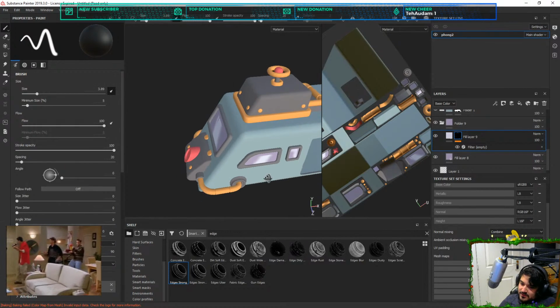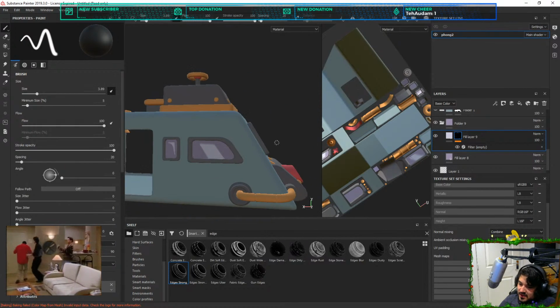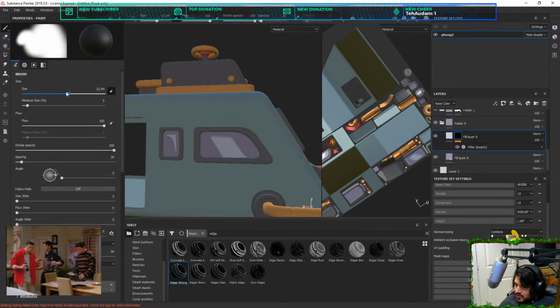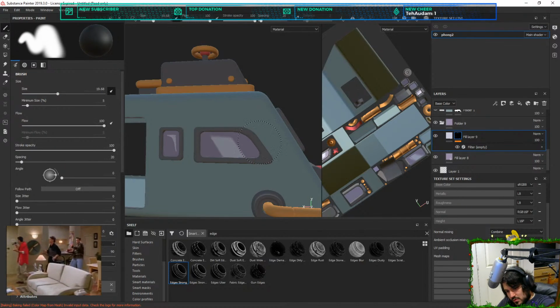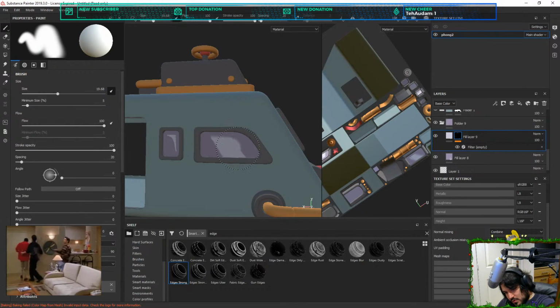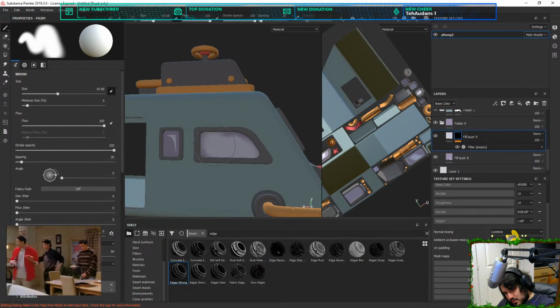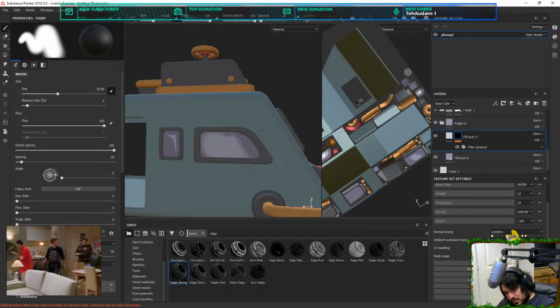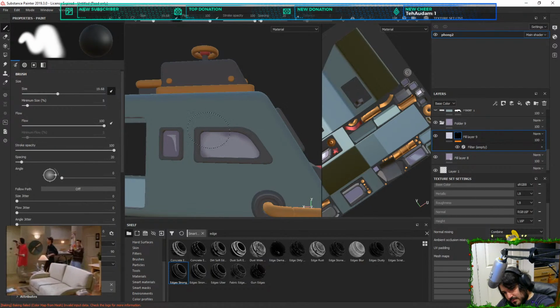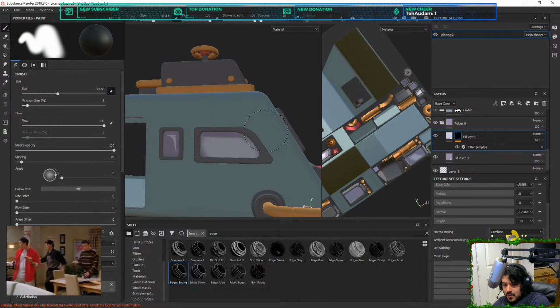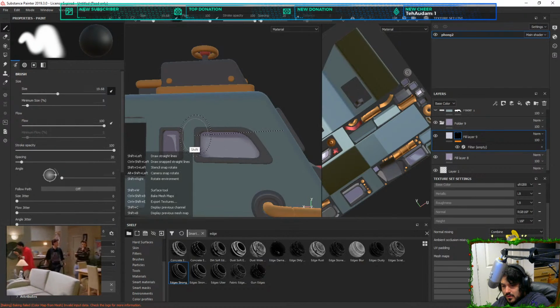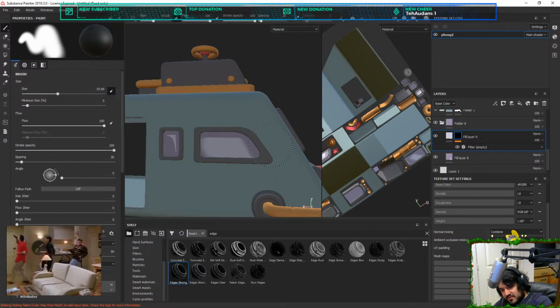I think I lowered this a little too much. We'll have to see later. So cut across top. Then blur off the sides.